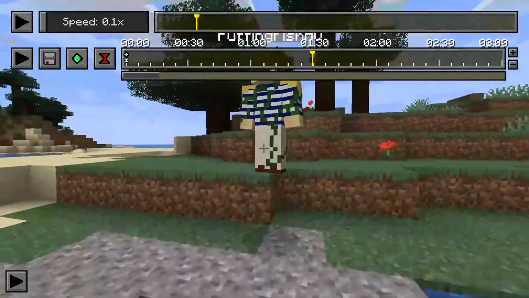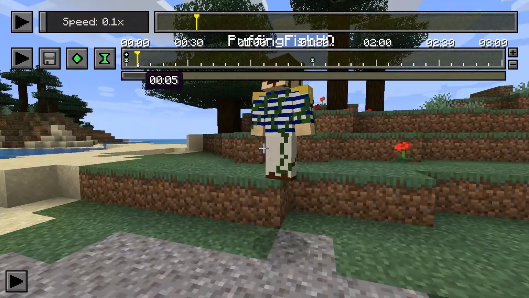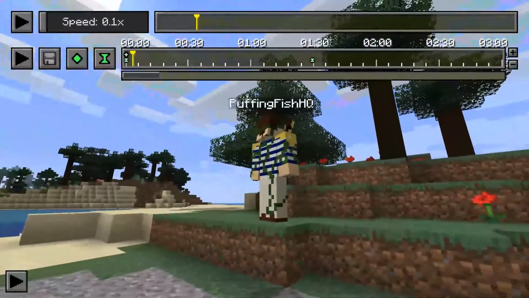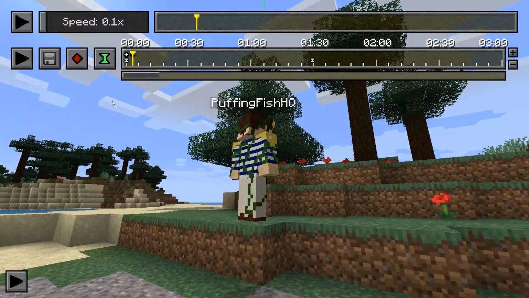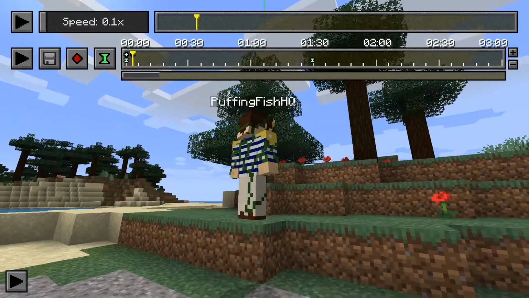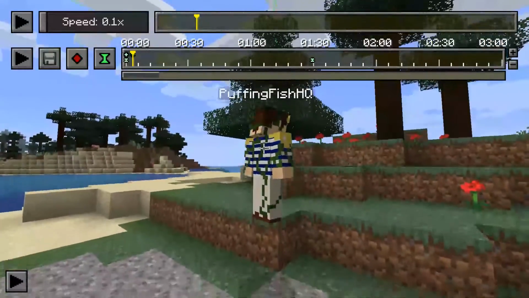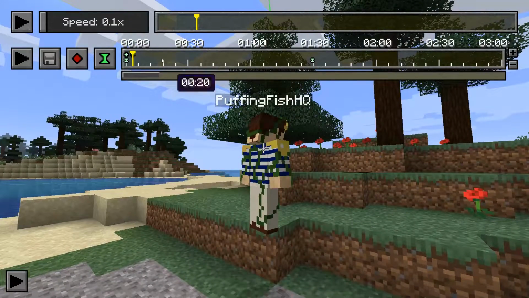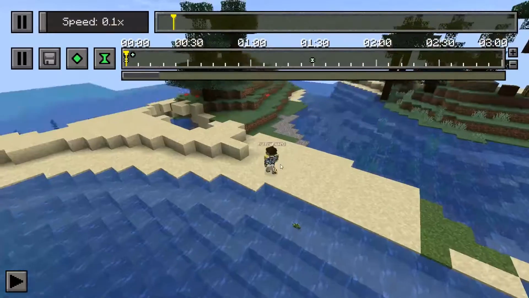Okay, I nailed that. And say this is where we want to be, right here. This is how we want to be facing, but instead of facing there, we want to be like right there. So T, and we add a position keyframe here. Now if I were to do this, you wouldn't be able to see the slow motion, right? Because if we were to actually replay this,